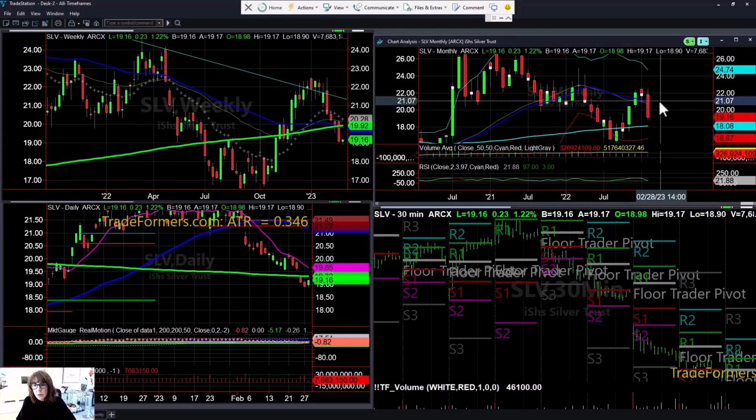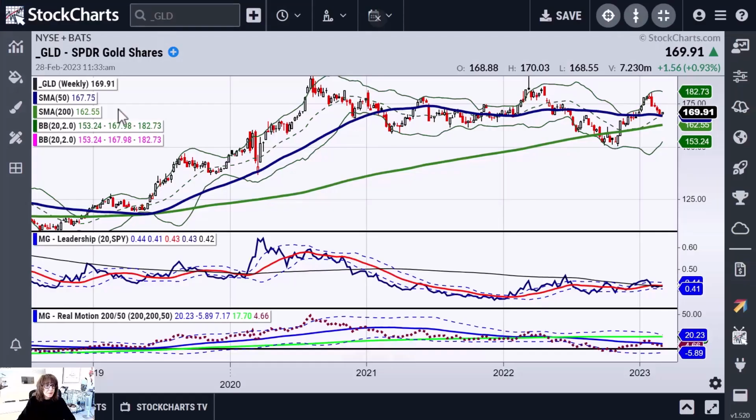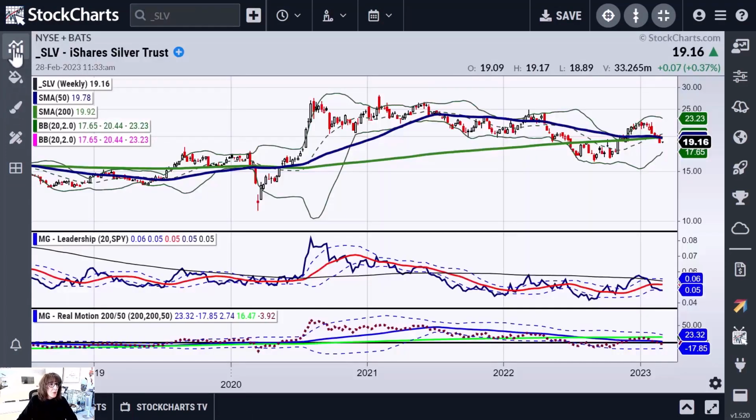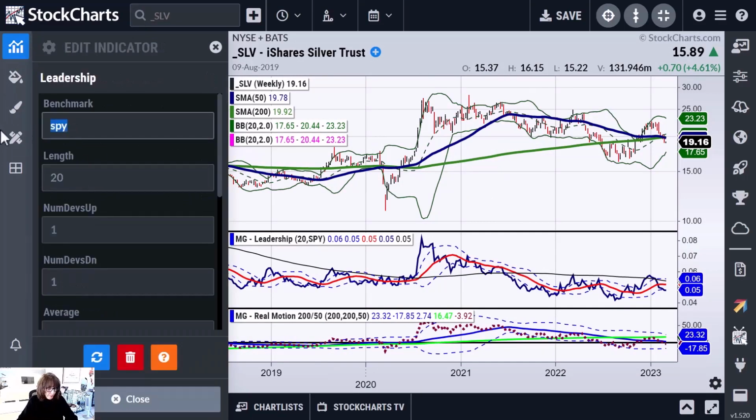Unlike gold, silver is underneath the 23-month and underneath the 200-day, which means I don't even need to look at a ratio chart, but we will anyway, to show you that if we change this to a silver chart, and we change the leadership to gold as our benchmark,